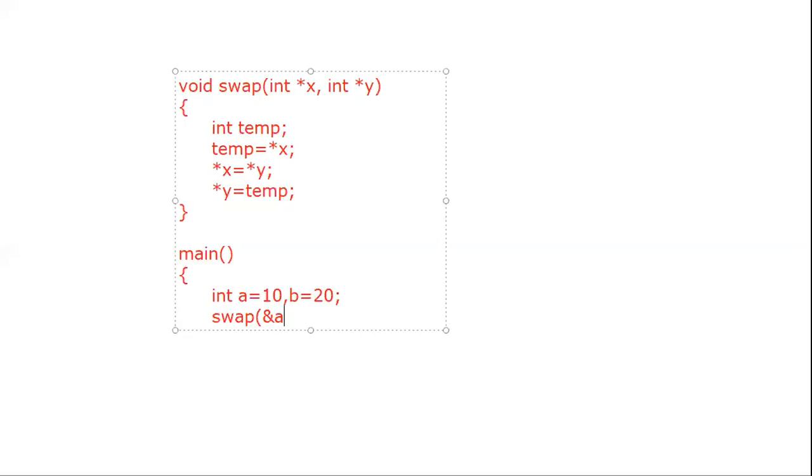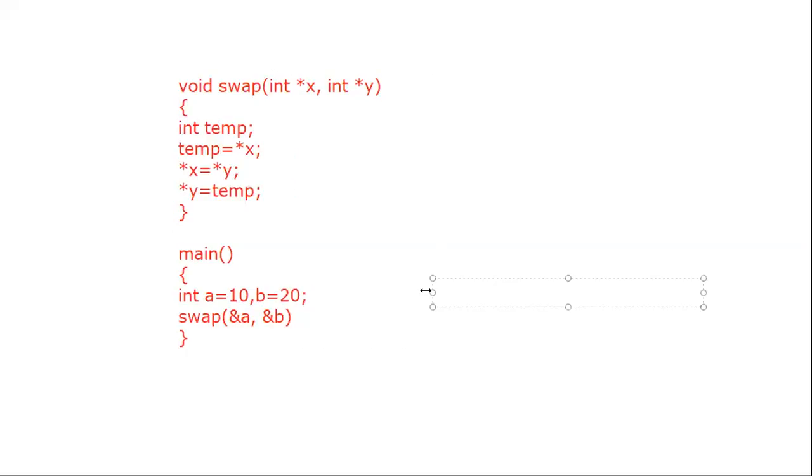We call the function with the ampersand symbol: &a, comma, &b, meaning the address of a and the address of b. When you call that function, what will happen? Assume the address of a is 1001 and the address of b is 1002.